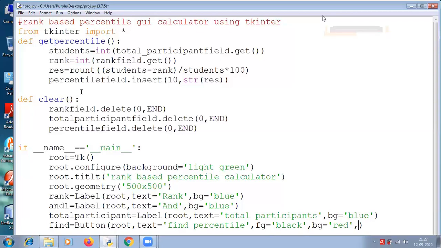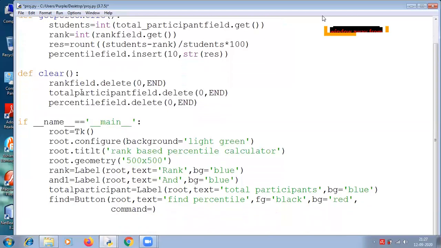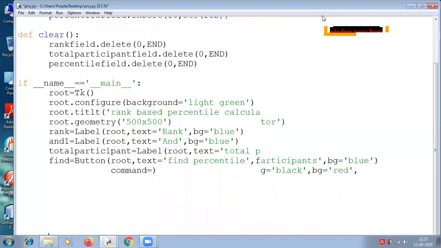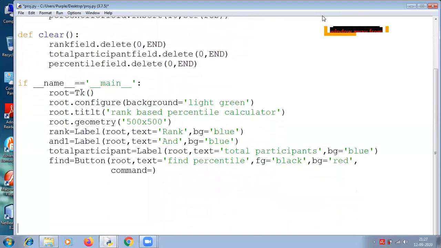So this is a button to find the percentile. The next one is a label for the percentile. So we have created the labels for the rank, for the total participant. So when the answer is shown, for that we need to create a label, percentile equals